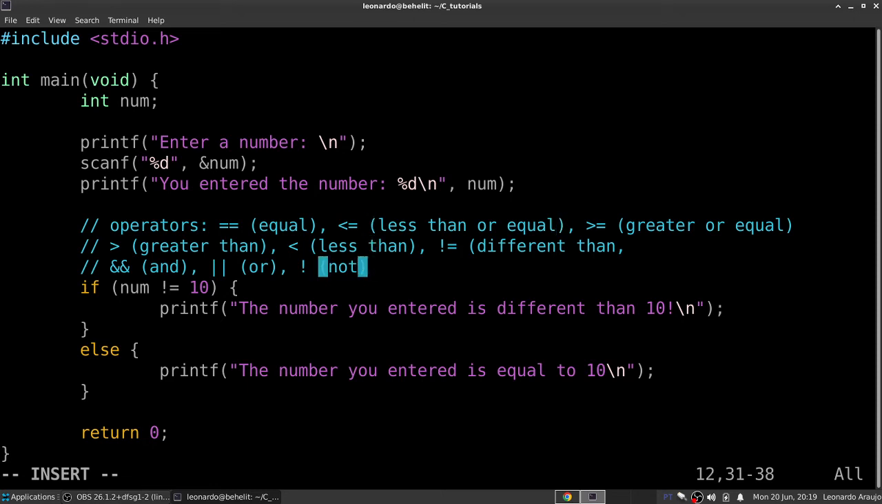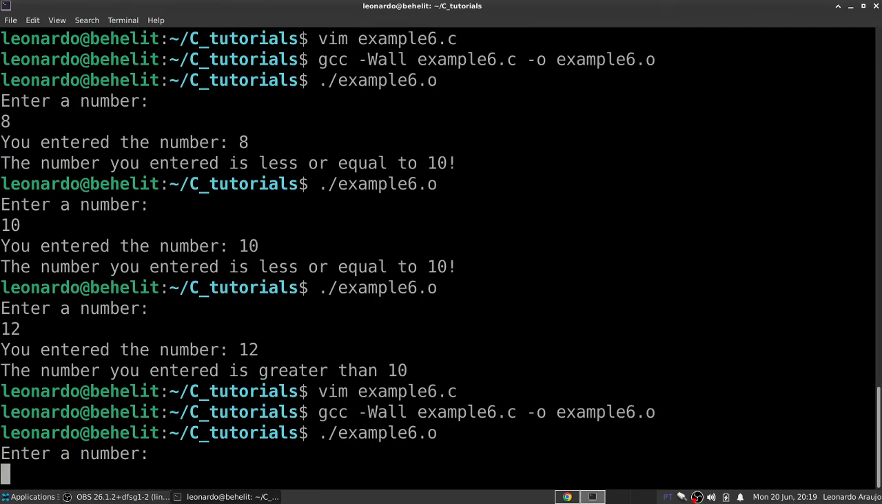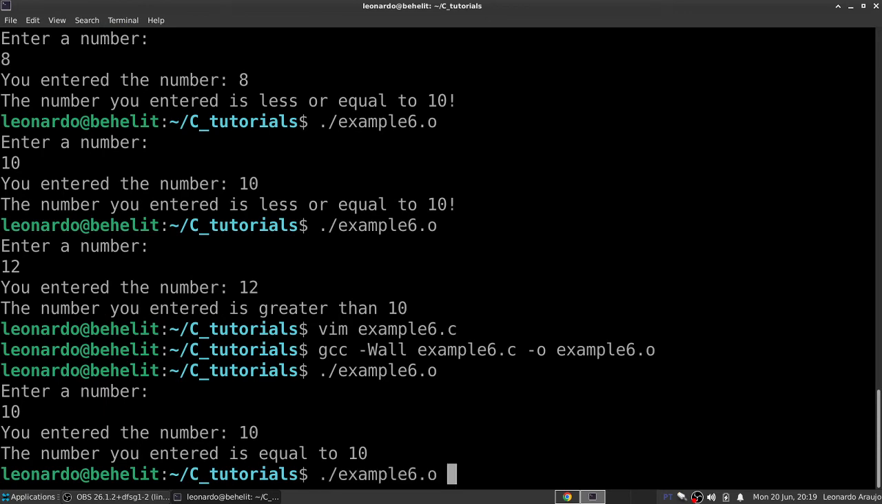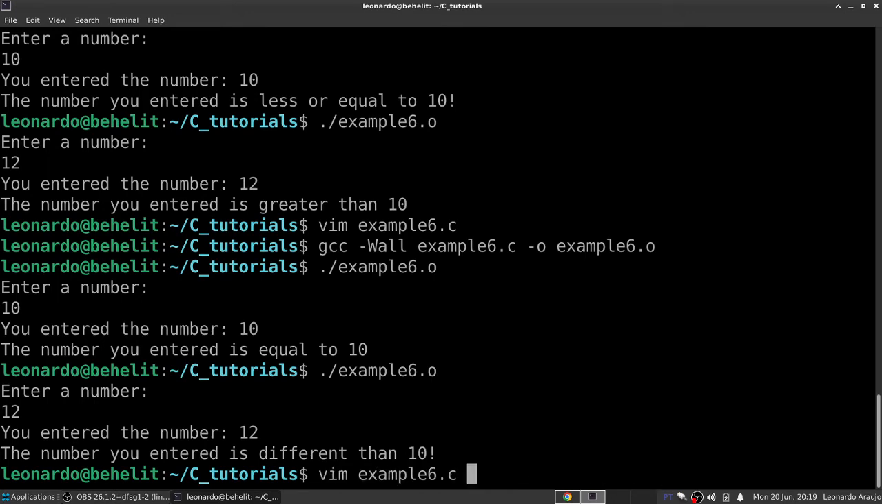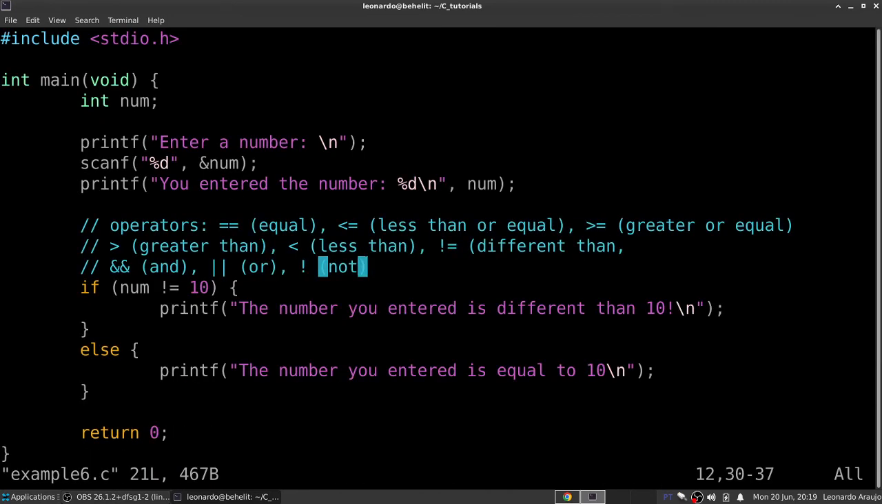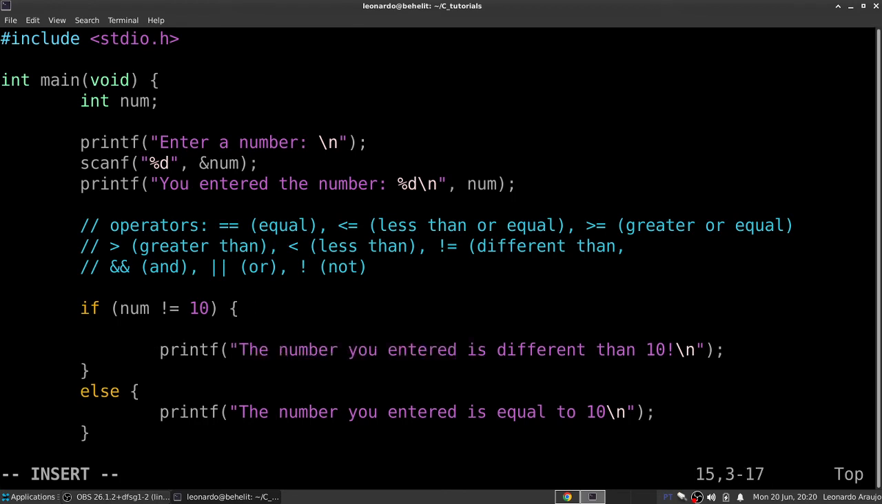Okay, so let's check this one here. We compile and then we run. The number you enter is equal to 10. Is different than 10. We can implement nested if-else statements, or we can check if it's different than 10, and we can insert another if statement right here,